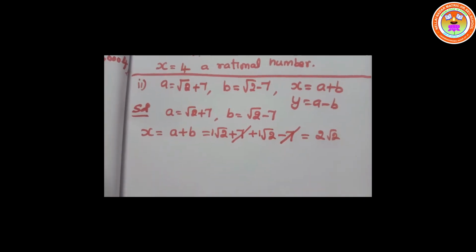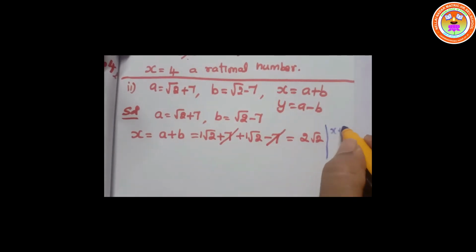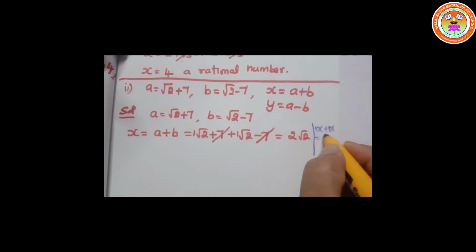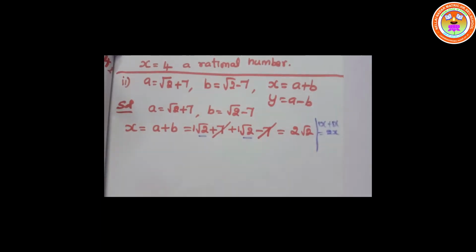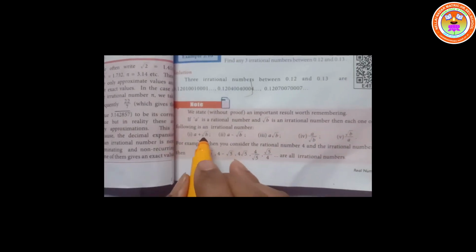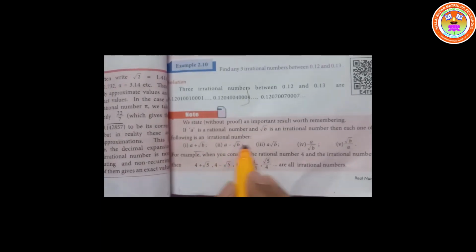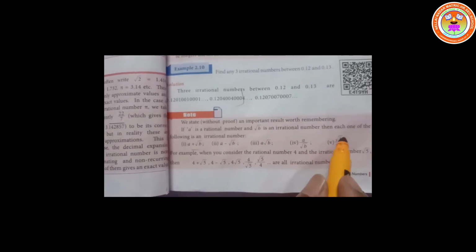For example, if I take here x plus x. That means here 1, here also 1. So how will you write x plus x? It is 2x. It's clear. Same way, root 2, root 2. When you add, you get 2 root 2. So 2 root 2 is what number? See children, in the notes you have seen that these are all irrational numbers. Rational plus irrational, rational minus irrational, rational into irrational, rational by irrational, or irrational by rational, are irrational numbers. Now you see children, what result you get?